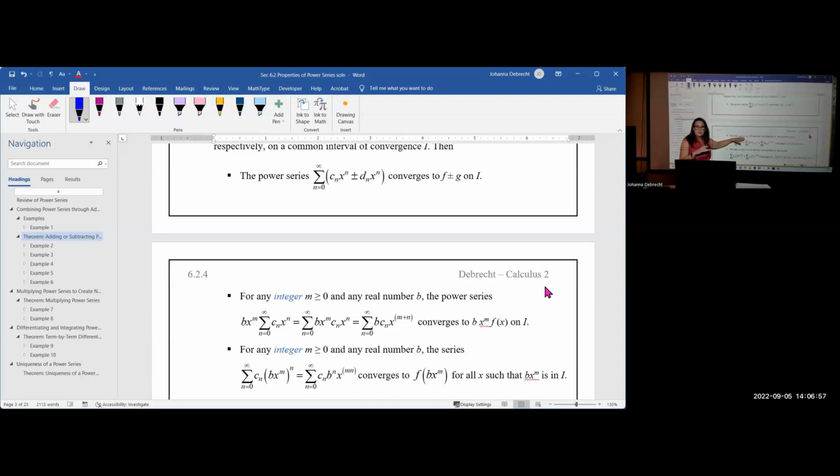positive whole numbers, and zero. So -3, -2, -1, 0, 1, 2, 3, 4, 5, going in both directions. That's an integer. In this case, we want m to be greater than 0. If we do that and we take any real number b, so b is just a constant, then the power series multiplying b x to the m times our known convergent series, c sub n x to the